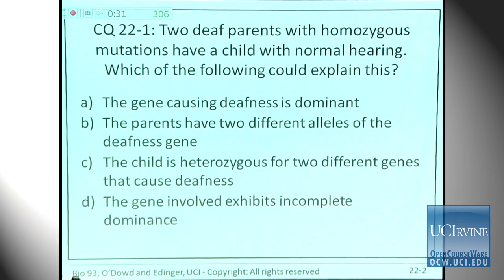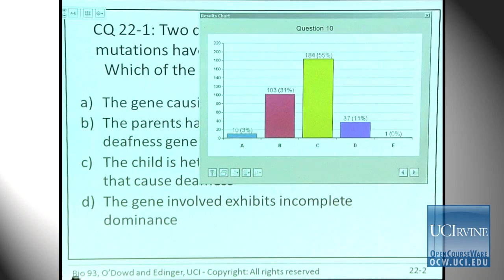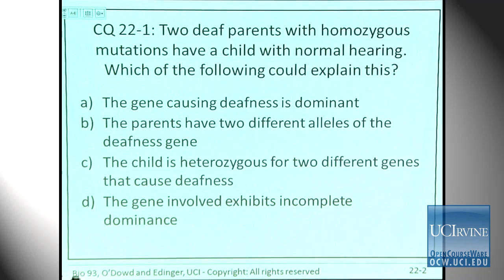Well, you guys are doing much better than you did the first time when you saw this in class, so that's very good. The answer is C. Not everybody was on the same page on this one, so study your notes. Epistasis, genes at other loci. And when you cross the purple and the white flower,